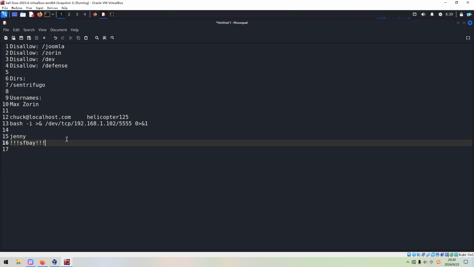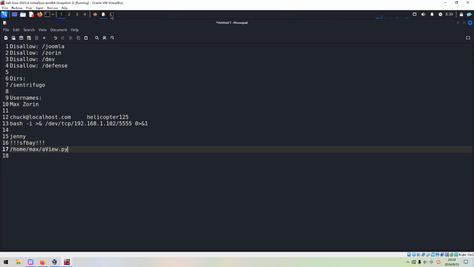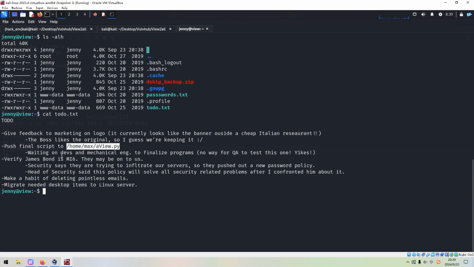Later we need to check it out manually. And waiting on devs and the mechanical engineer to finalize programs. And the security says they're trying to infiltrate our servers, blah blah blah blah. So how to do?